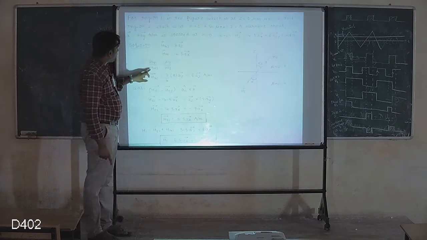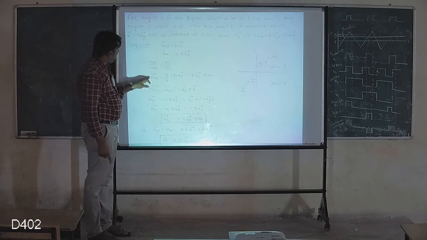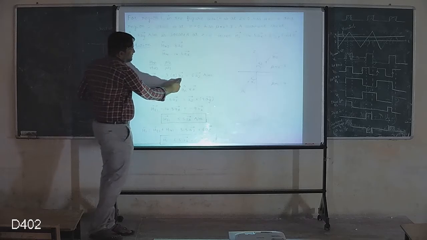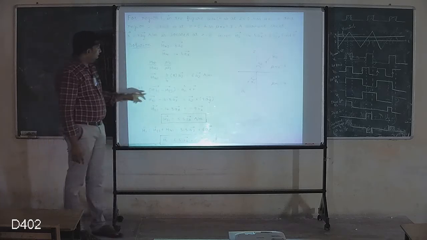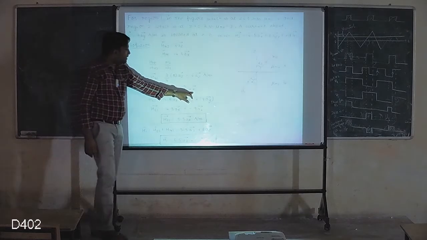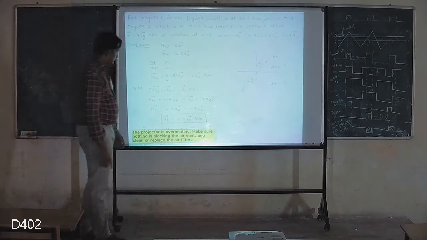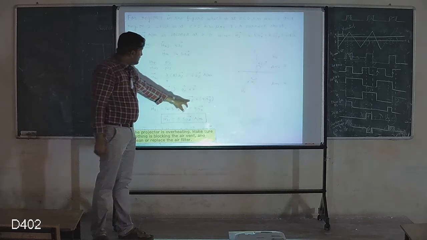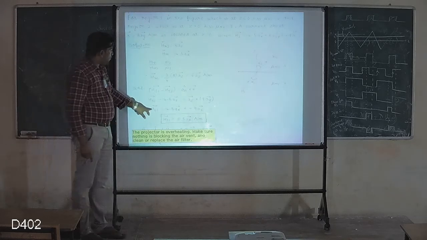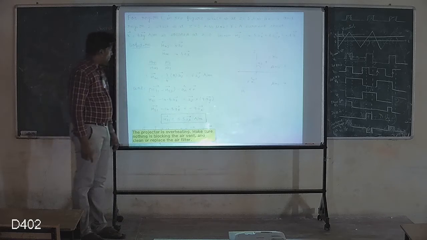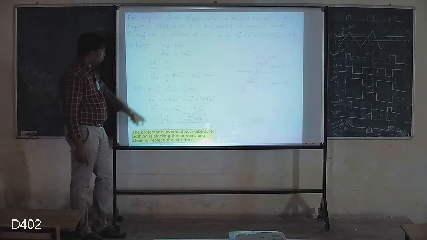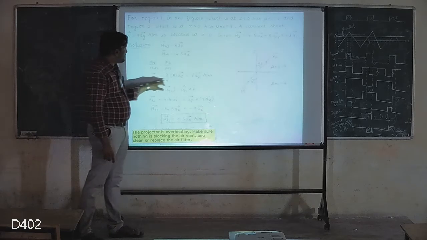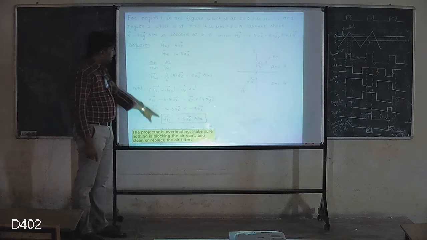Hn1 by Hn2 is equal to mu2 by mu1, and hence Hn1 is equal to this amount into Hn2. So 3 by 4 into 8 az, which happens to be 6 az. We know that Ht1 minus Ht2 is equal to an cap cross the K vector. K vector is given, therefore az cross 9 ay. So Ht1 is equal to 5.5 ax, and Hn1 is equal to 6 az, and hence if I add these two values,